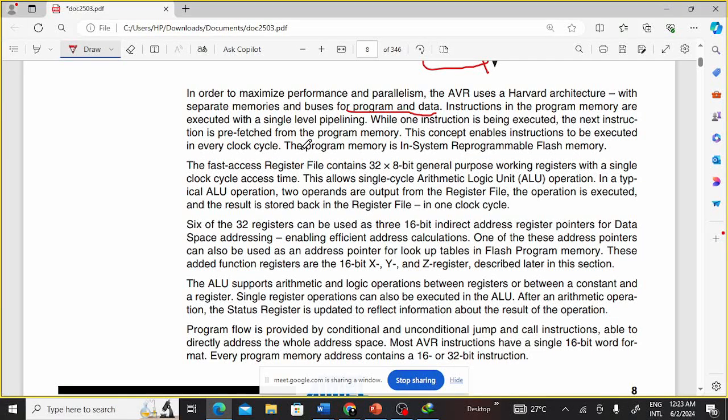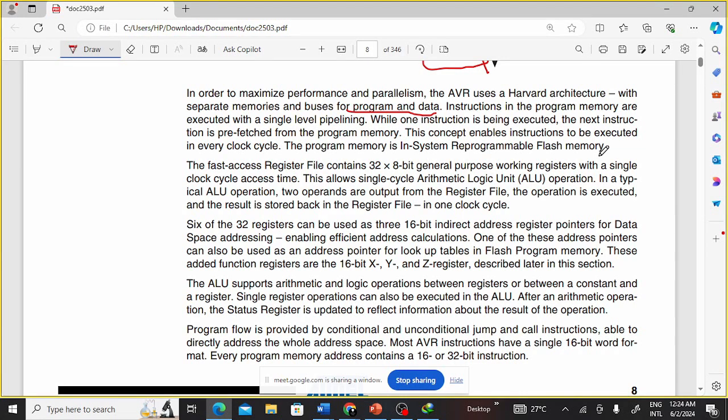Current CPUs are super fast, and the current CPUs are actually ARM microcontrollers, ARM CPUs. They were the ones used in 3D printers. They were the ones used in those embedded systems you find in more recent devices now. They were actually ARM microcontrollers. Note that they were 32 bits. They are all 32-bit systems. They were not 8-bit systems. And then again, some of them even use a 6-stage pipeline to ensure that these are super fast. Program memory is in-system reprogrammable flash memory, which I explained a bit,